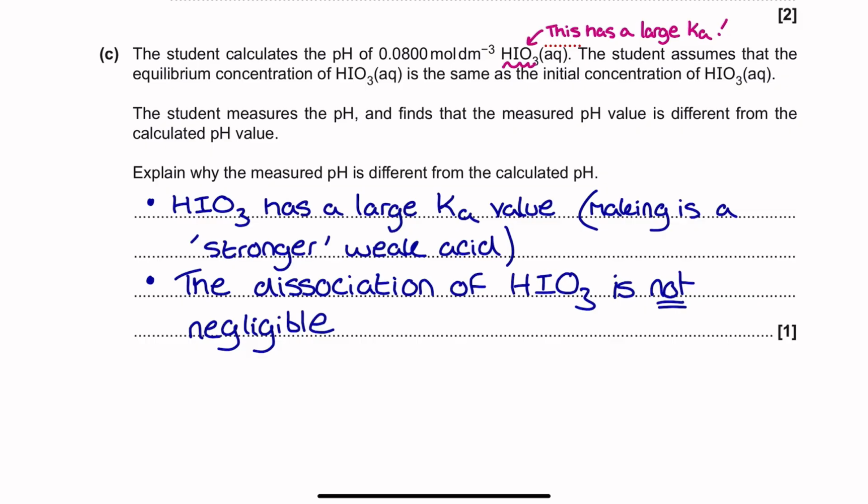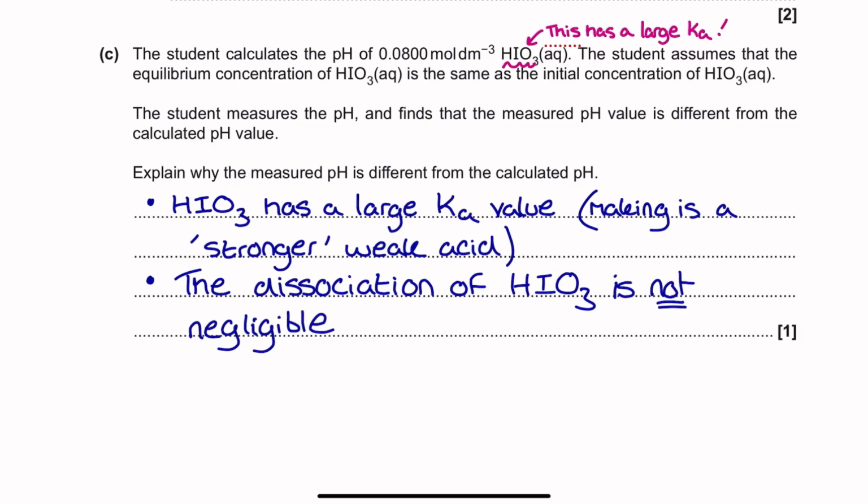However, I've already pointed out that the larger Ka value that I've noticed for this weak acid already suggests that it's dissociating a bit more than a regular one would. Explain why the measured pH is different, therefore, here than the calculated pH. So you can see that they've actually measured the pH of the solution and it's different from the one that they calculated. Well, that's because their calculation makes that assumption that the concentration hasn't changed before and after it dissociated. That the dissociation is so slight that there's still basically the same number of that acid molecule intact in the